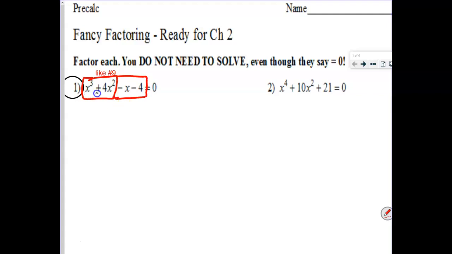And the first group, x to the third plus 4x squared, what is the common factor between those 2? Yes. And if you take out an x squared, what are you left with? Very nice. And the way factoring by grouping works is whatever you take out of the second group, you want your parenthesis group to match the first one. So what should you take out of the second group to make this work out? If you take out a -4, that'll change your terms. -1 would make more sense, of course, like I said. -1. You said -1. That would change everything positive now, so it's a positive x plus 4. And now that your parentheses totally match,